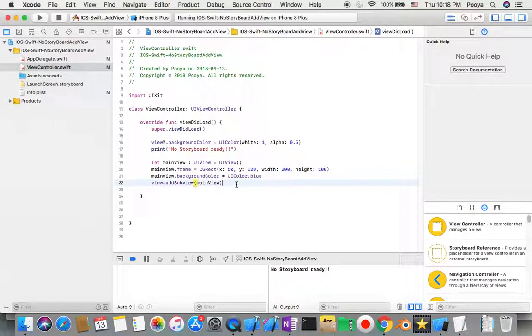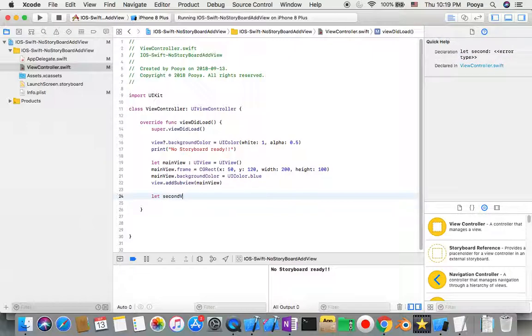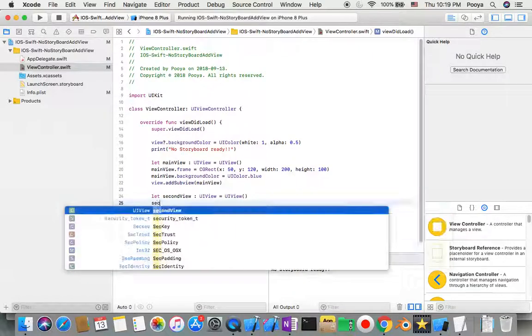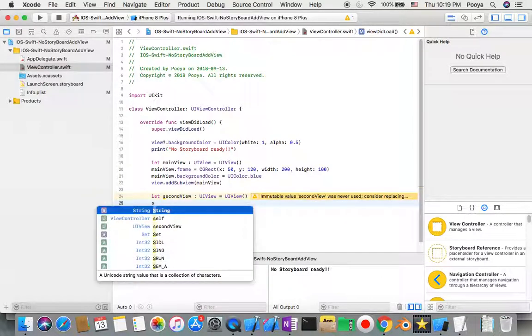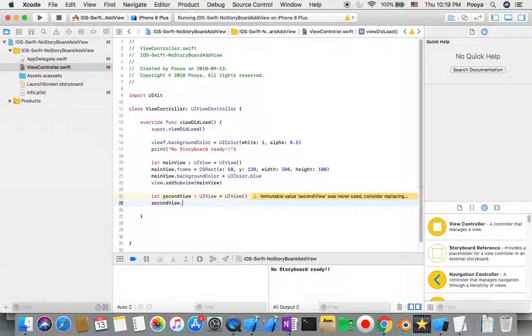Okay, so let's continue. I'm gonna do my second view now. The same as that one, I say secondView. You know, I don't have to declare the type. I can directly say equal UIView, but let's do it in the same way. So again, I say secondView.frame equals CGRect